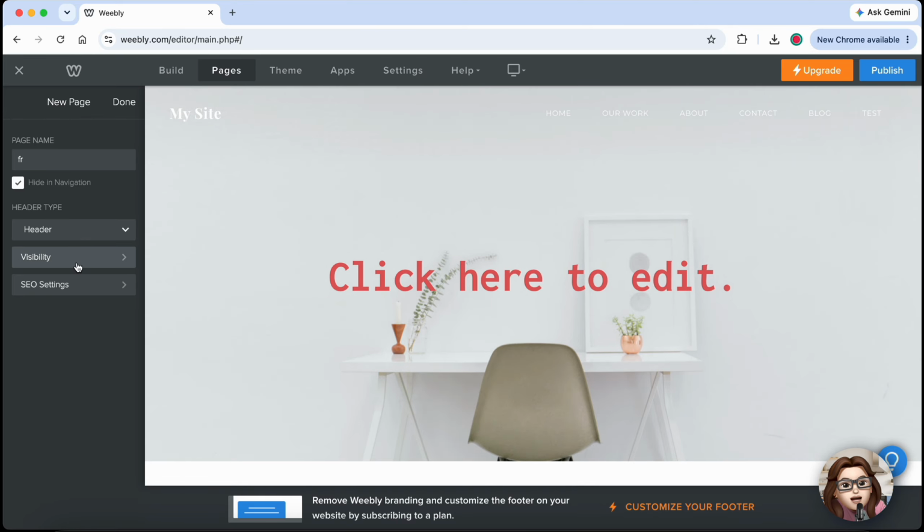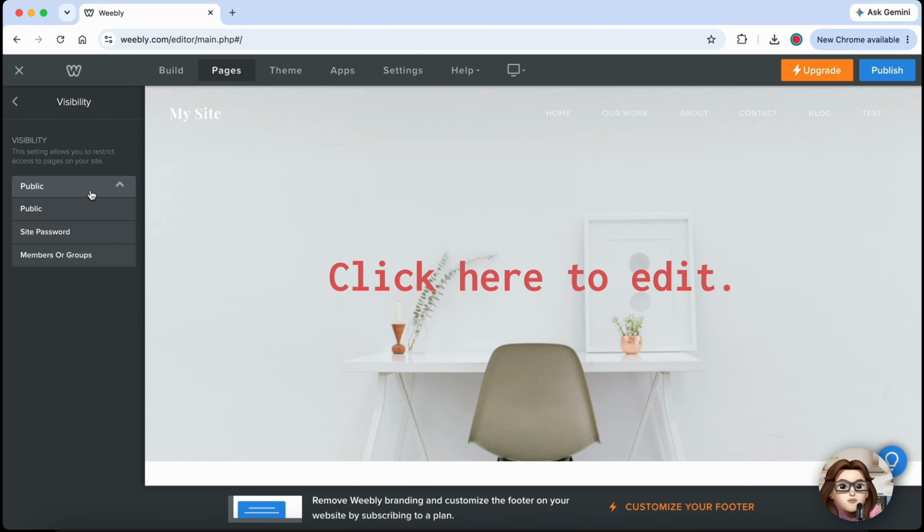Next, open the visibility settings and choose how you want to protect the page. You can leave it public but hidden, protect it with a password, or restrict access to specific members or groups